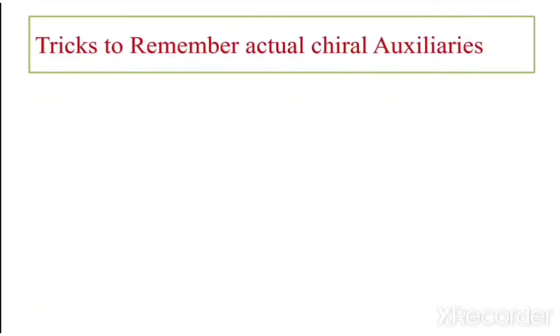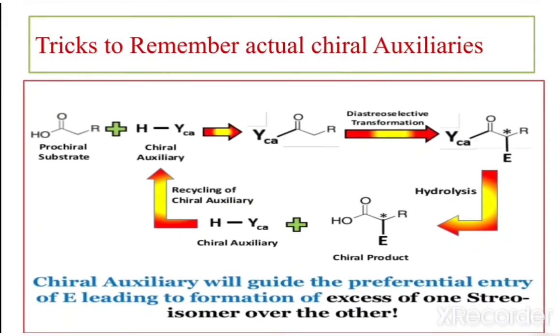Now, tricks to remember the actual chiral auxiliaries. Friends, here this is a prochiral substrate, and this prochiral substrate is attached with the chiral auxiliary. I have mentioned here H, Y, C, A. C means the chiral auxiliary. In the first step, the chiral auxiliary is attached to the